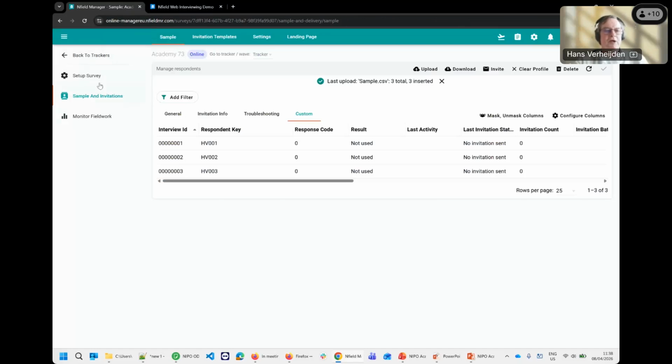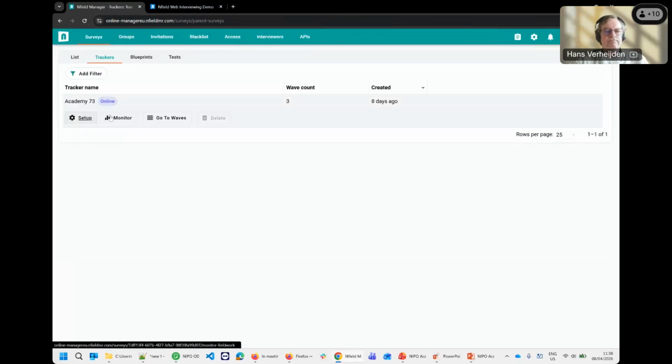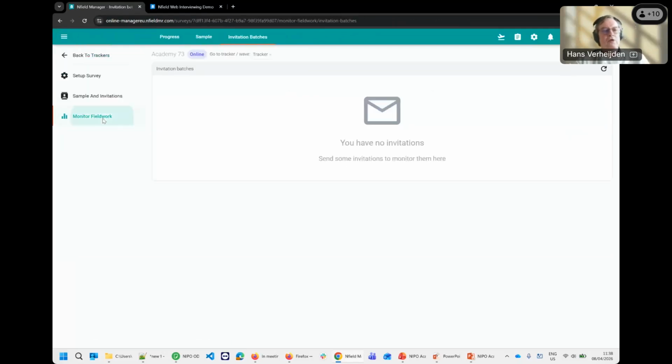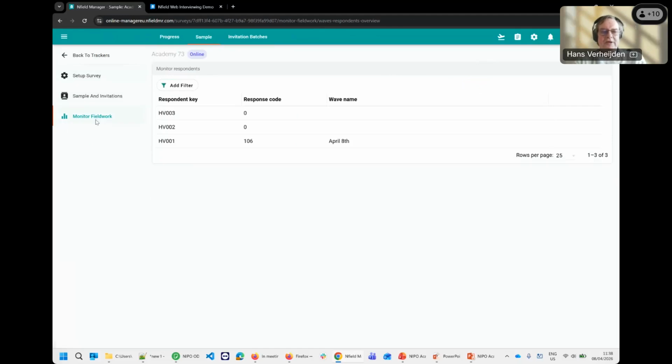Would have done that, of course, but I can also go to monitor fieldwork. I don't see anything. Oh, there's no such thing here that I can see it, but in the